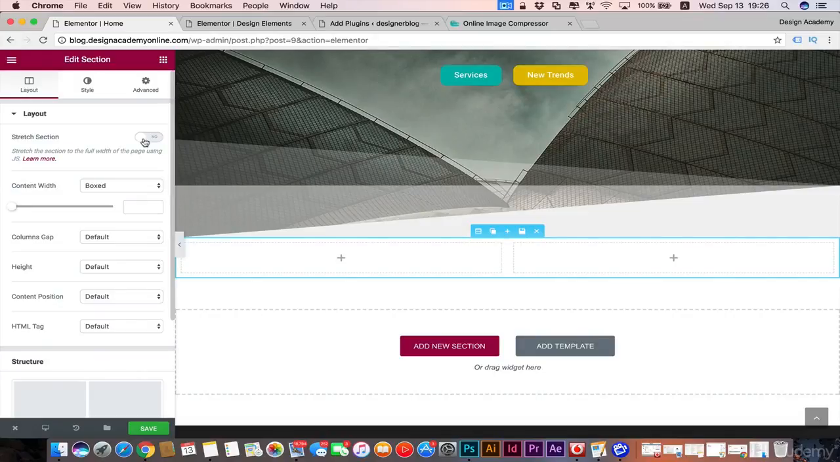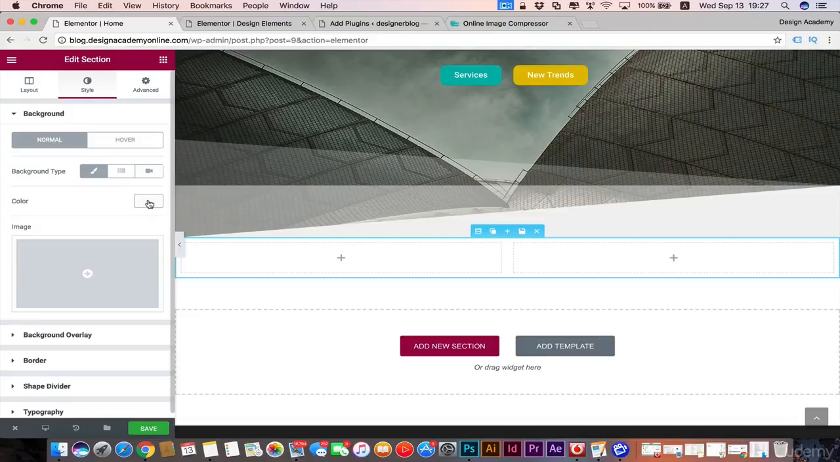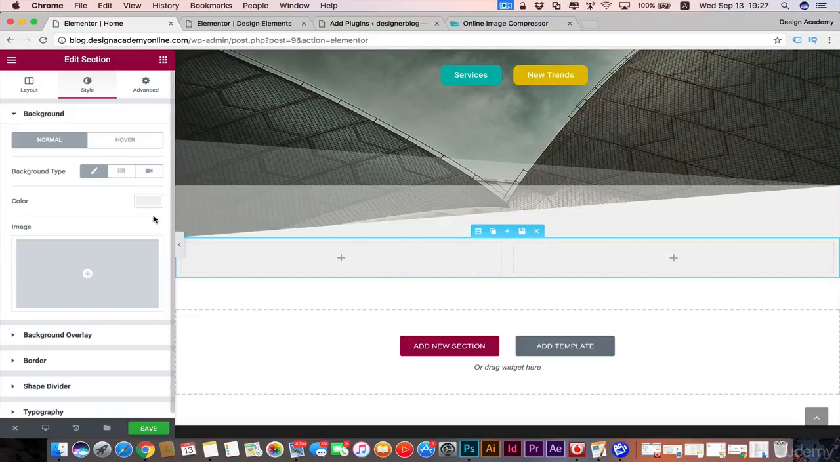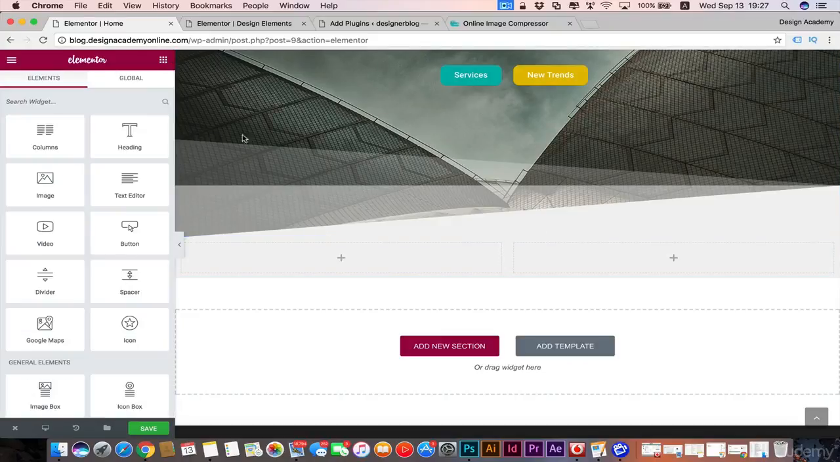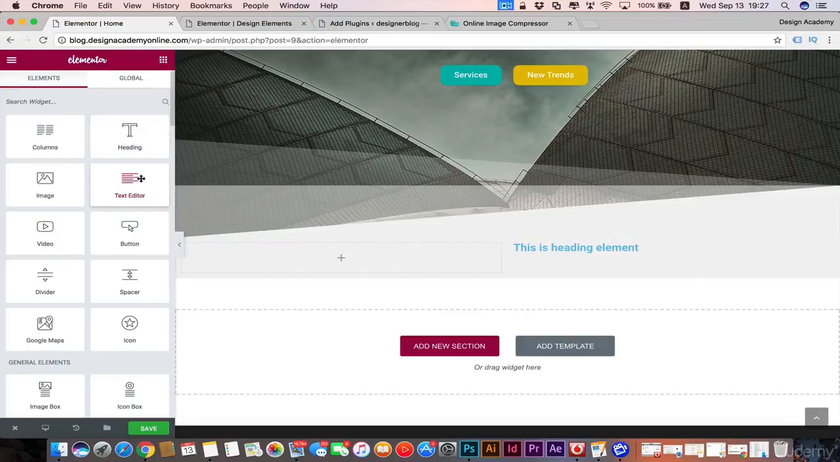Let's make it stretch section as well. And we're gonna go back to these settings when we add our text later, but let's go change its color. Background type, color from here, and our same gray color to blend it with that shape divider. And now let's go add some text in here with some heading. So we're gonna add heading, and then we will add text